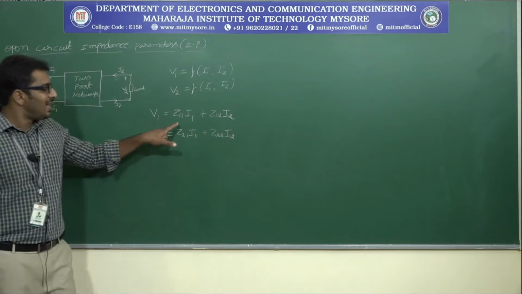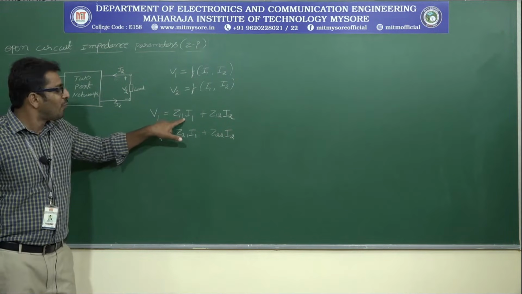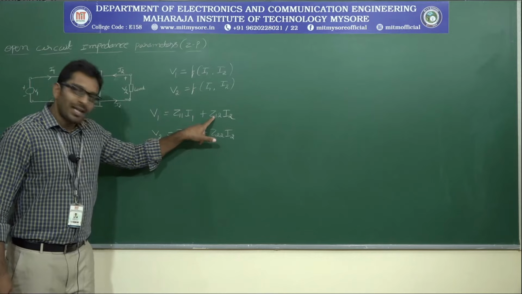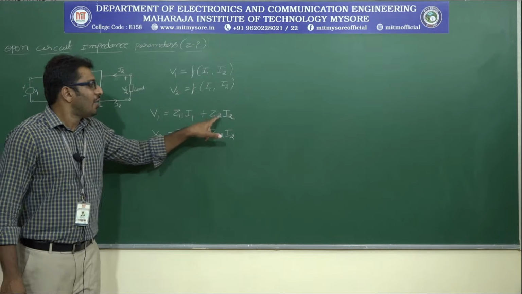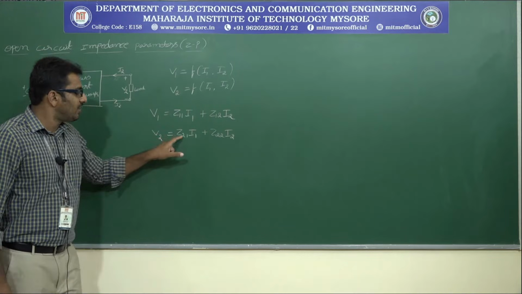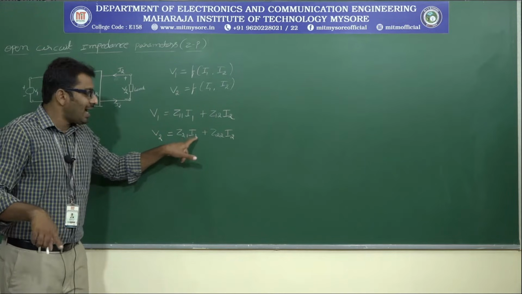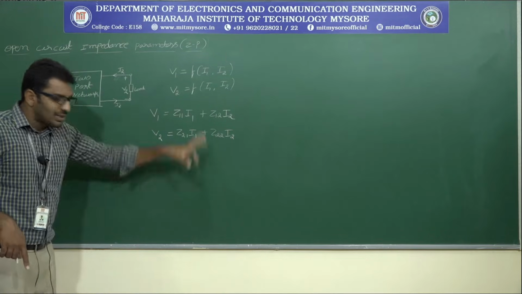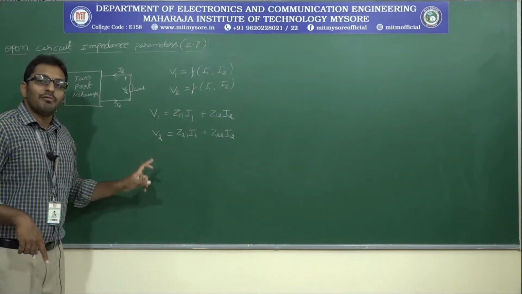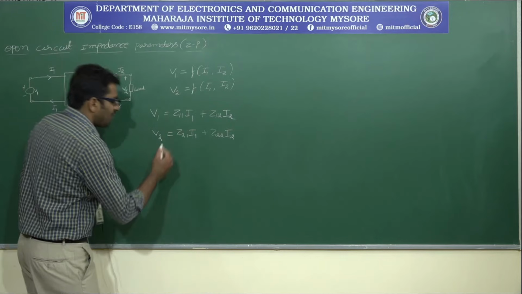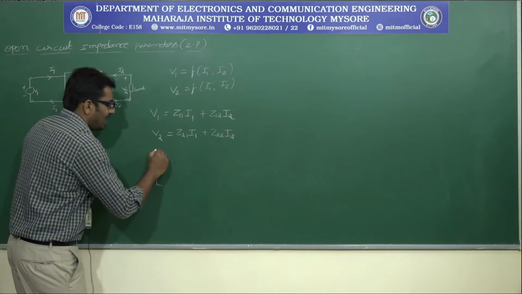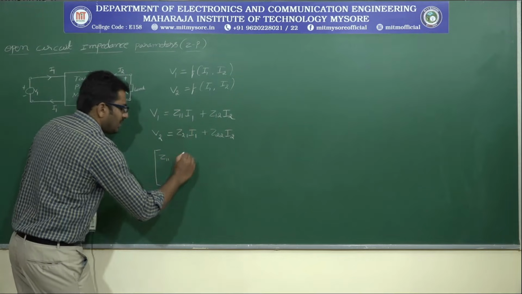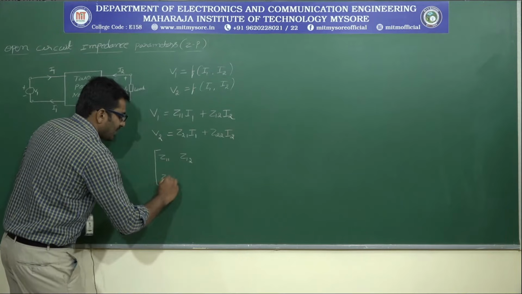See, this indicates the matrix position 1,1 I1, because first equation 1,1 I1. Next to it, first equation only, but the second factor 1,2 I2. Again V2 is equal to Z, second equation, 2,1 I1 plus Z22 I2. So that we can still clearly understand this equation by writing it in matrix form. How can we write this equation in matrix form? First, let me write the coefficients of I1, I2. What is that? Z11. Next, Z12. Next, Z21.